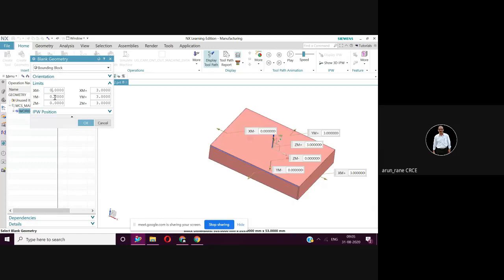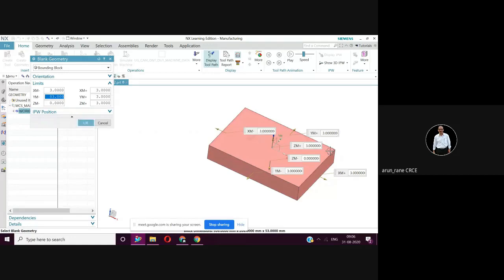Here it is not entered yet: -3, enter, Y minus, enter, set 3, enter.